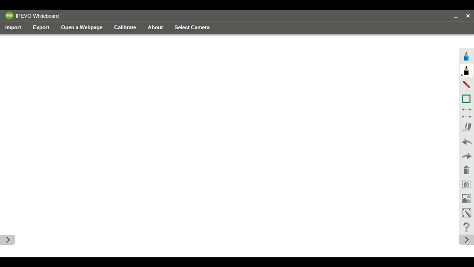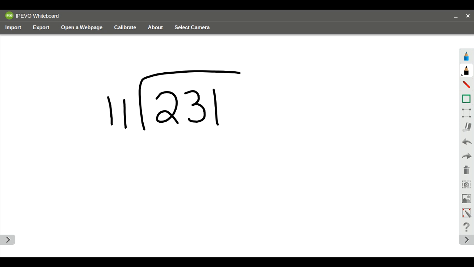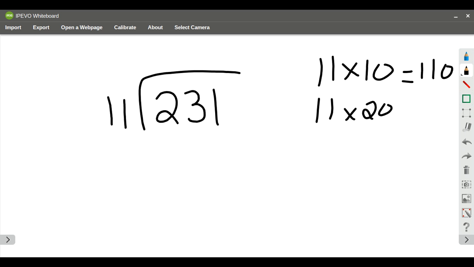So I'm going to go ahead and set up my problem where 231 is going to go inside the box and 11 is going to go outside the box. My first step is to look at how many times I multiply 11 by to get to 231. So let's do some patterning here. If I multiply 11 by 10, I'm going to get 110. If I multiply 11 by 20, I'm going to get 220. If I multiply 11 times 30, I'm going to get